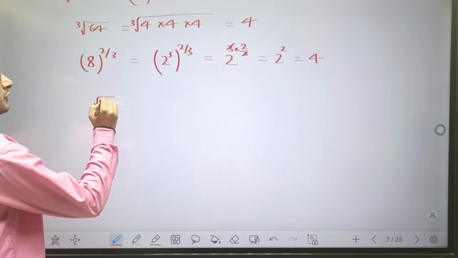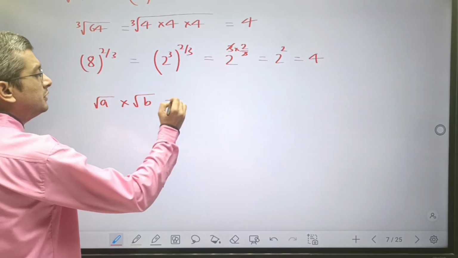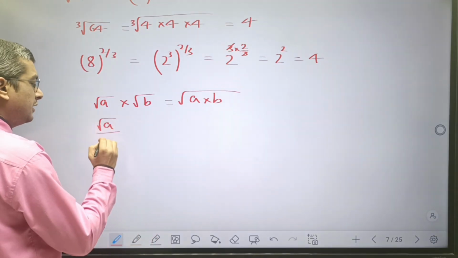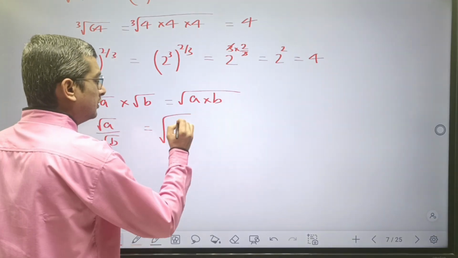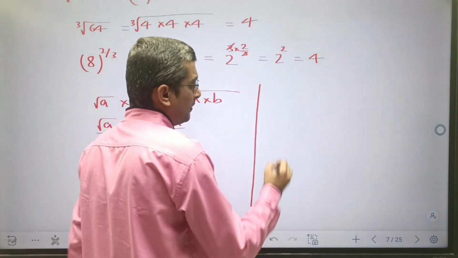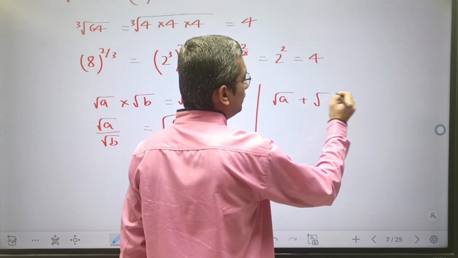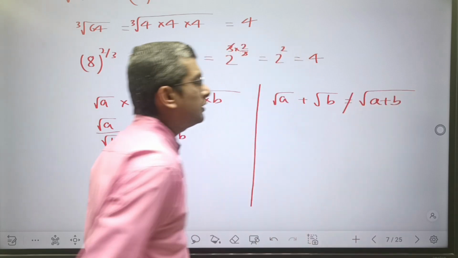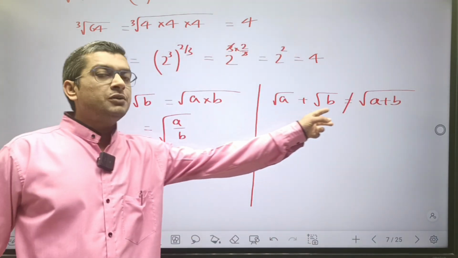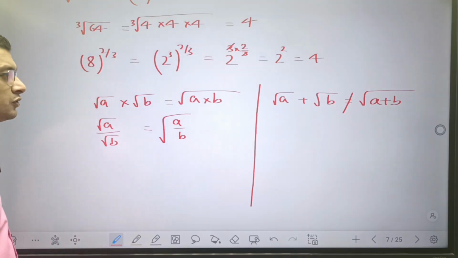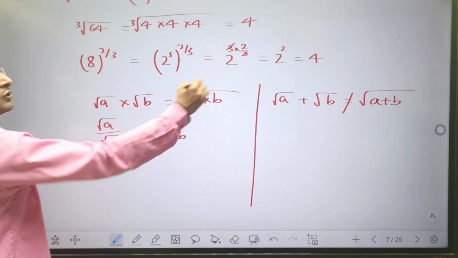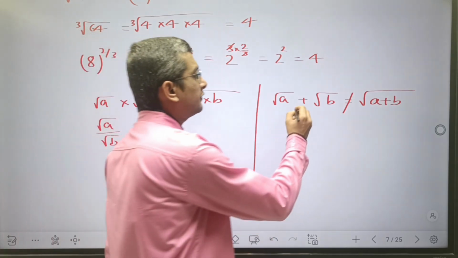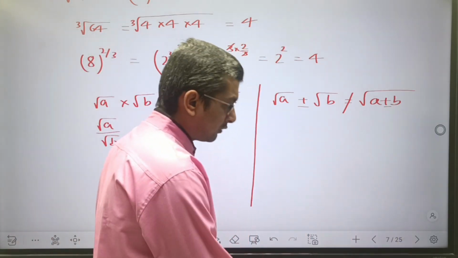So there are more properties. For example, root a into root b is equal to root a into b. Root a divided by root b is root a by b. But many students get confused in root a plus b, they write it as root a plus root b. This is not equal, okay? These are the common mistakes done by students. Only when there is multiplication or division does the whole root come. In plus or minus, this is not equal to this one. Okay, now next is